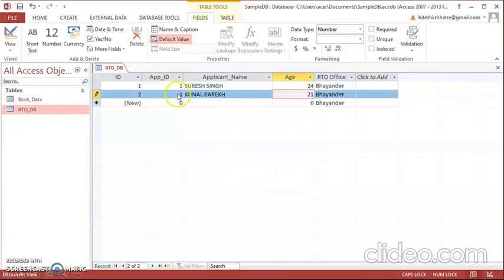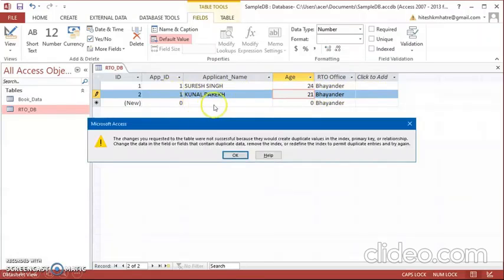Click on OK. Now what I have done is 1, some name, age, and I have not entered the RTO office. It is given as a default. Now you can see for both users the applicant ID is 1. Since I am in this particular row only, it has not checked the condition. Once I go to the next row, that is the third row, it will check.